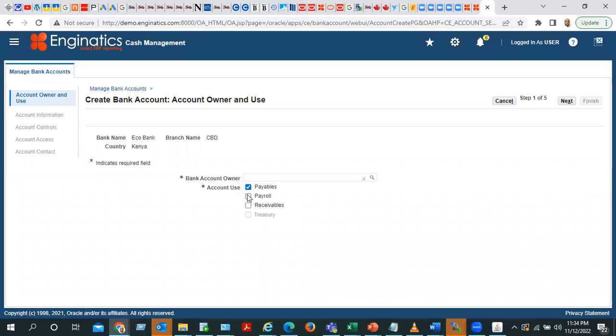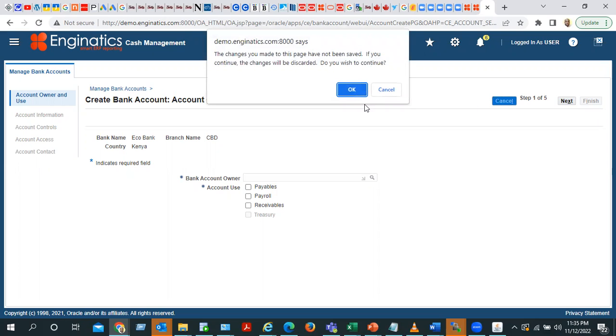So I can select all these others because the checkboxes are active, but I cannot select this one, which is the Treasury module. So it means that this bank account, whenever I create it, will not be used in the Treasury module. So what happens? That's number one, or that's what should indicate to you that you cannot proceed and link this bank account that you're about to create with the Oracle Treasury module. So what you're supposed to do is to come back, or rather, let's go back and see